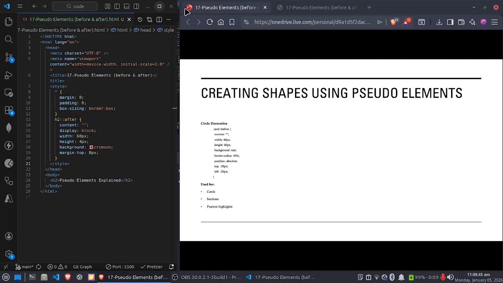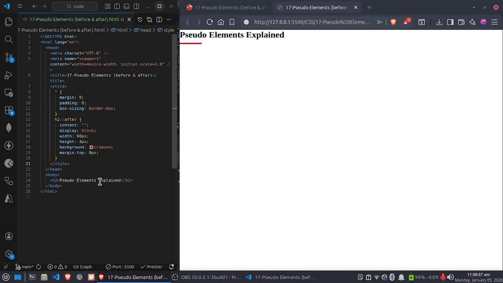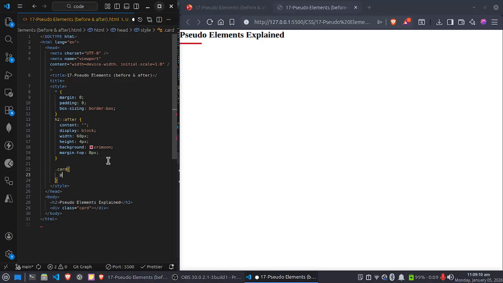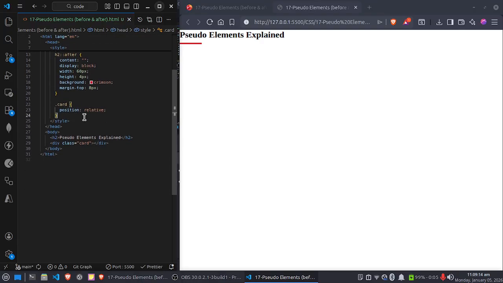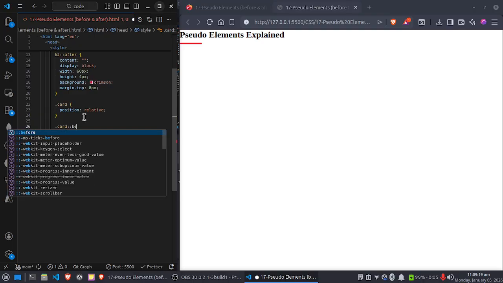Now let's see how pseudo elements help create shapes. We can create circles, ribbons, and design elements without an extra div. So let's move on. First I write a div having a class card, and first make the position relative, then apply this pseudo element, .card::before,